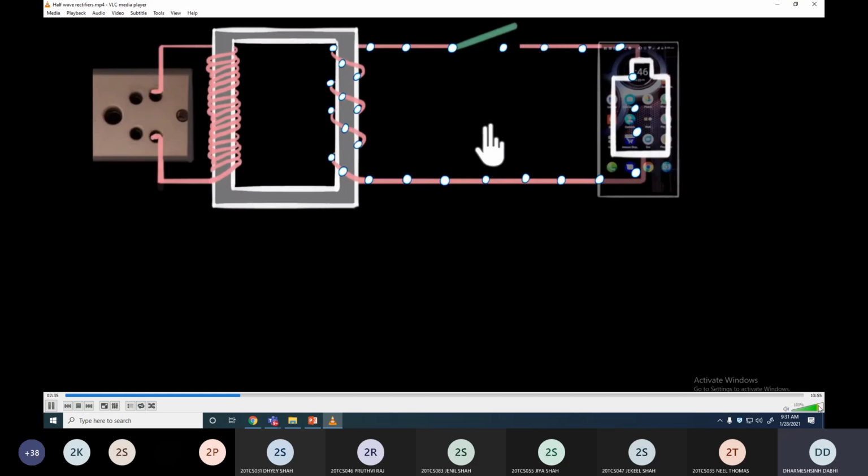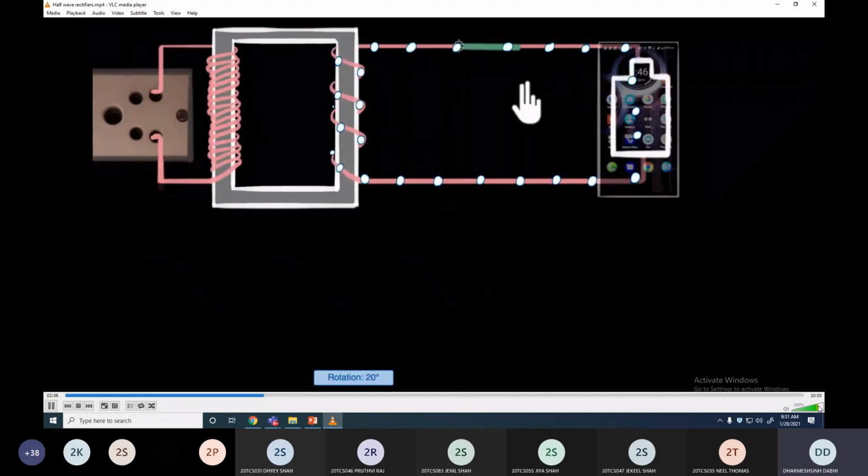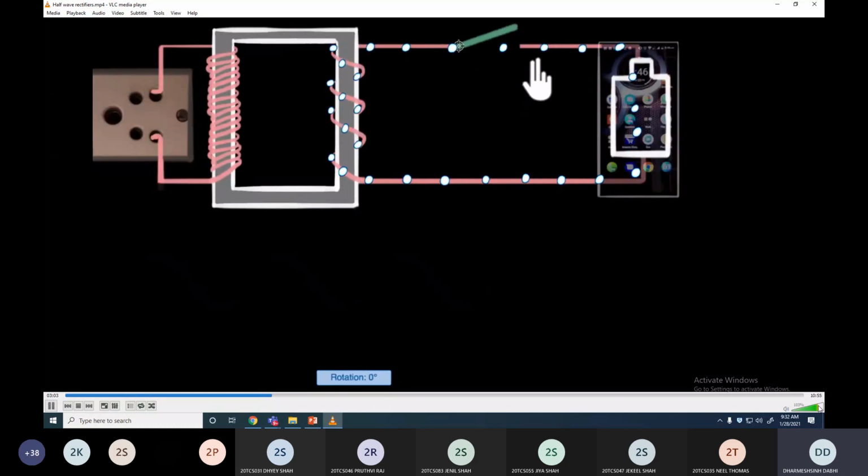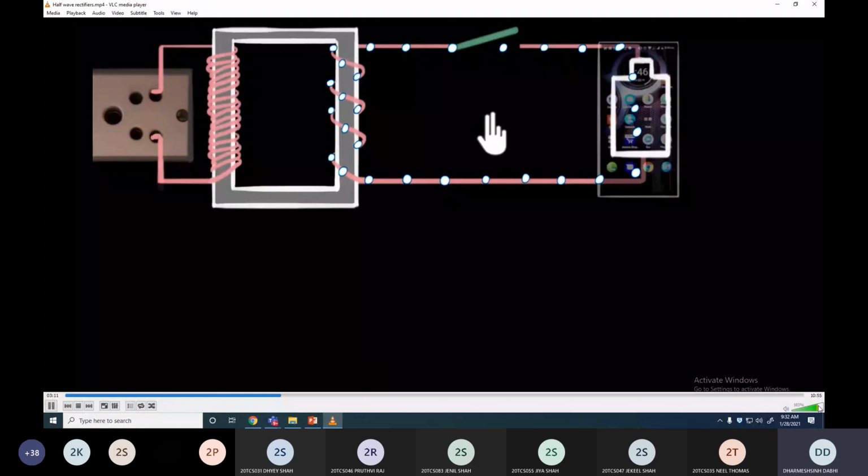Well, one solution would be to hire someone, ask them to sit right next to the switch, and ask that person to close the switch only when the current flows in the clockwise direction. Maybe that's when the battery gets recharged, let's say, and open the switch when the current tries to flow in the anti-clockwise direction. So it will look somewhat like this. You close the switch when the current is flowing clockwise, and now it's about to flow anti-clockwise, open. Wait, close, clockwise, open. Wait, close, open. Easy, right? The battery will get charged, no problem.